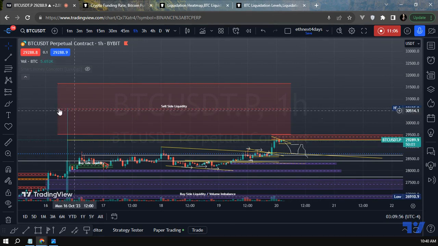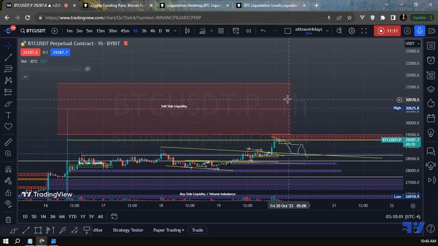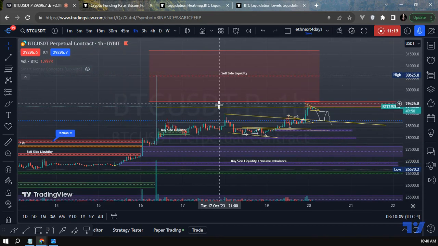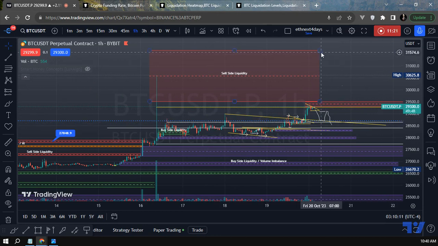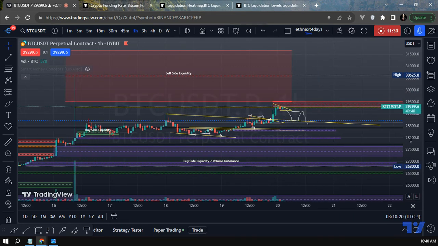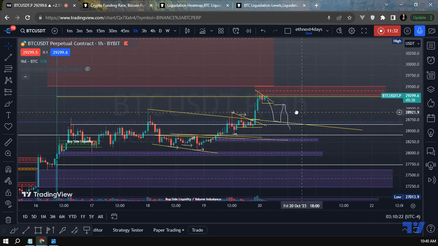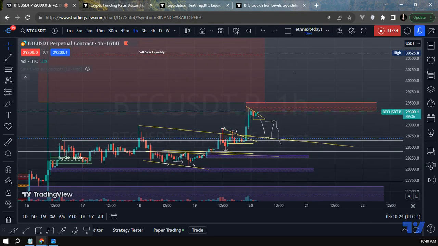Since the whole move was a fake move, maybe right now Bitcoin wants to come up all the way here, even a little bit higher, like 31K flat, and grab all these liquidities around here and then push it back down from there. That's a possibility for a double top, or like I said, a little bit higher. We'll see how it plays out. I have to take it level by level. Right now we are at a good, and I could say extreme level, so it's more likely to dump than pump, at least my 2 cents.